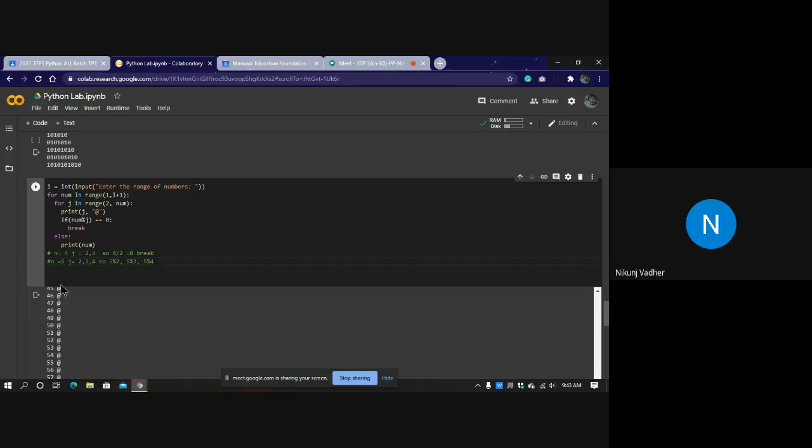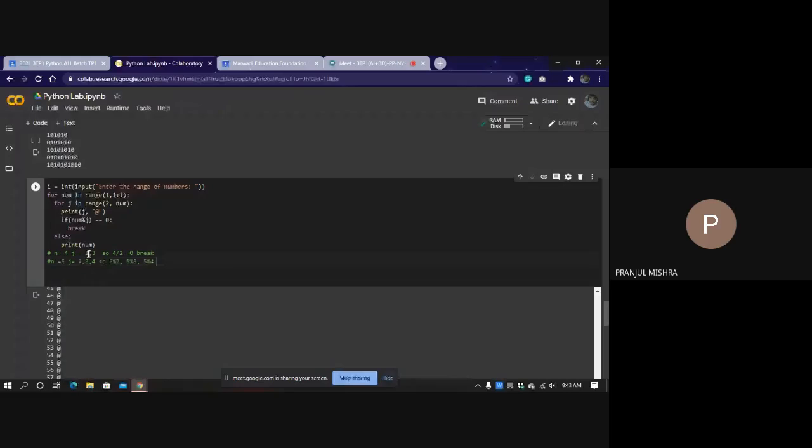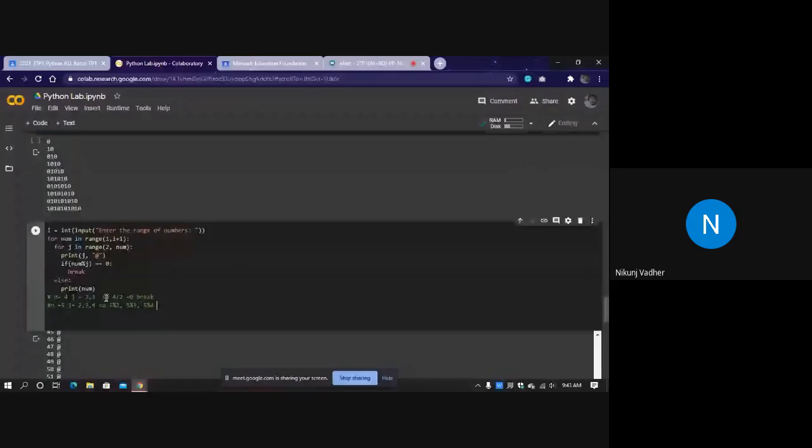So that will print every time. Are you getting it? For each and every range, it will print like that. For 4 modulo 2, we are getting a zero, so it hadn't printed. That's why 3 came just only once. If we remove this part, then we get it. This is how the thing works.